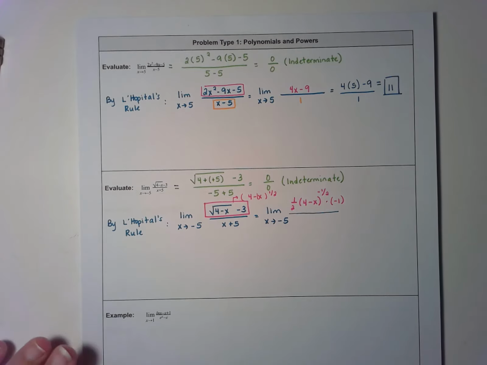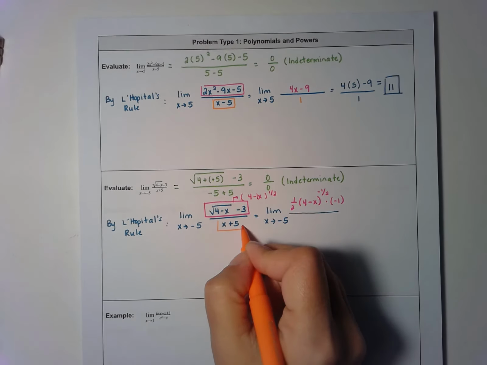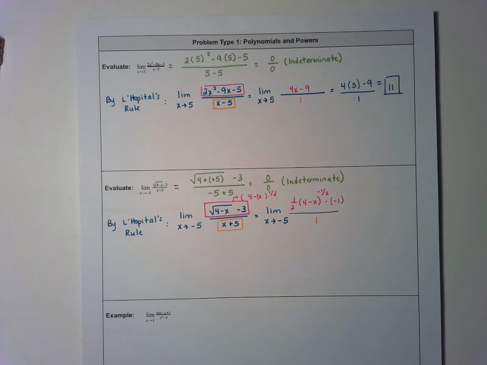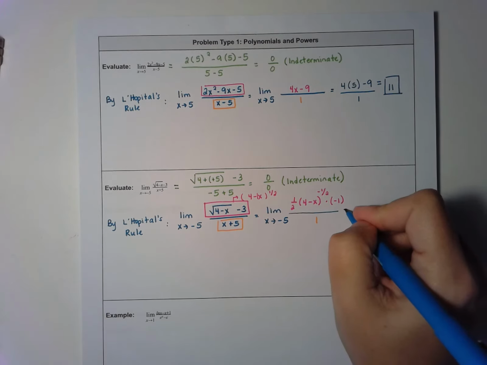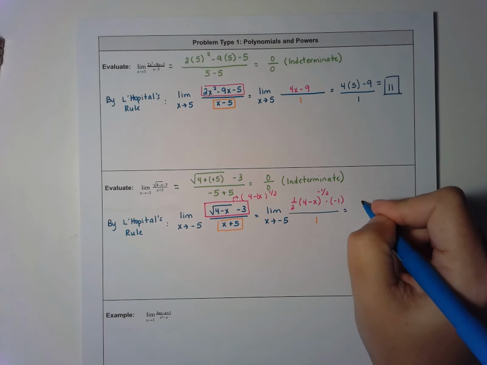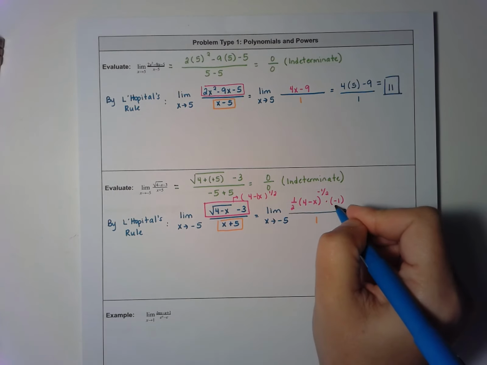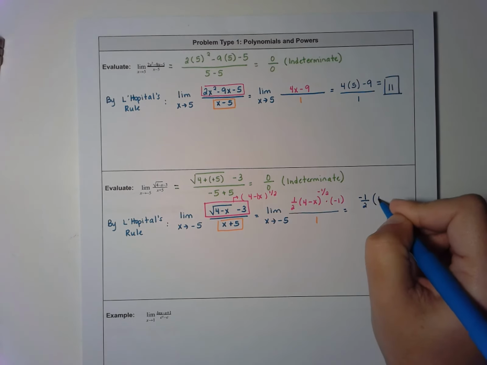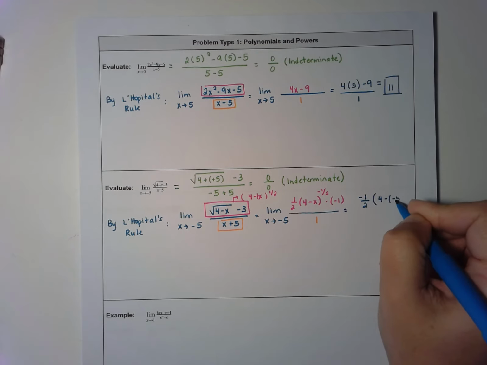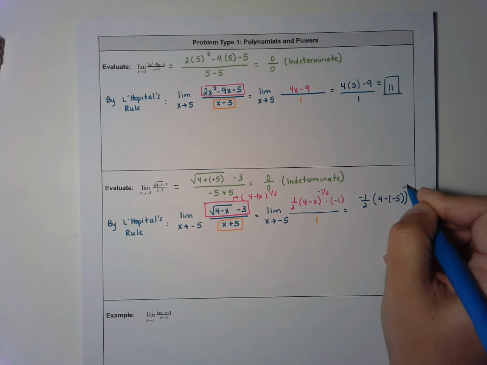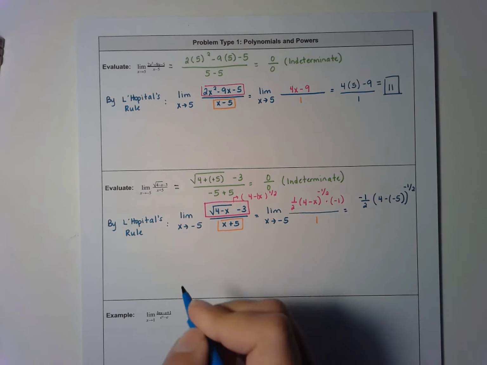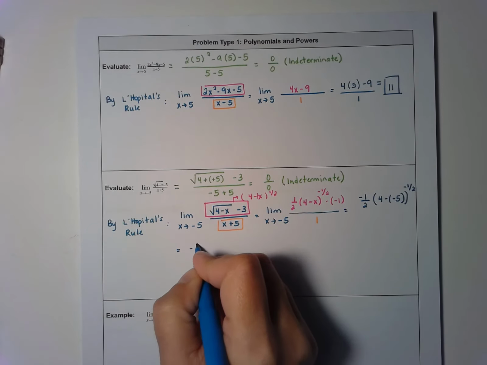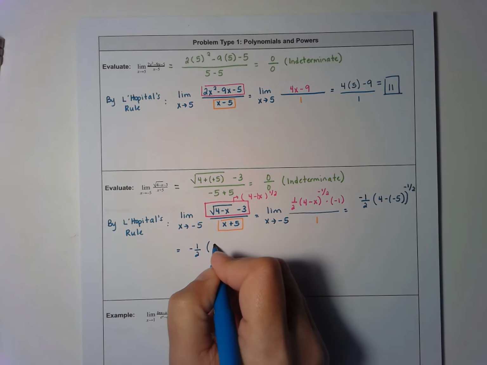You're done with the top derivative. Then you would do the bottom derivative, which is just the derivative of x plus 5, which is 1. After you do that, you can just substitute your value again. So in this problem, we would have, I'm going to combine the -1 and the 1/2. So we would have -1/2 times 4 minus -5 to the -1/2 power, which means we have -1/2 times 9